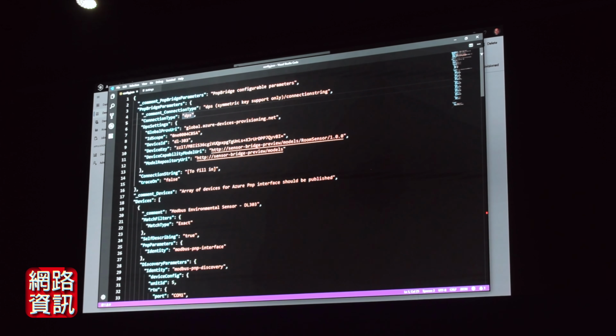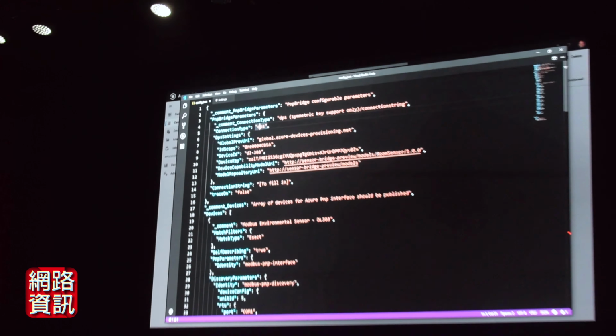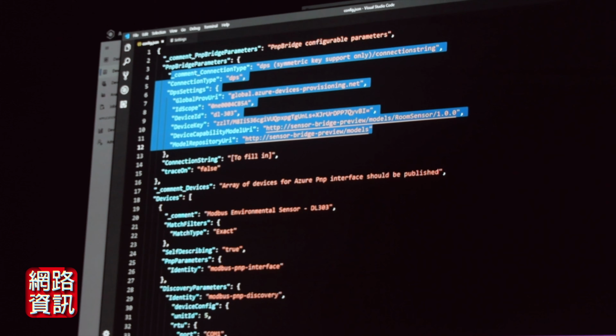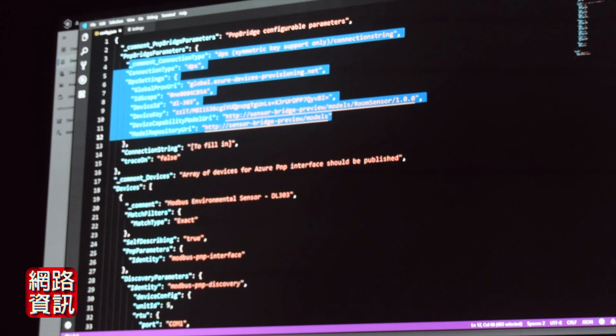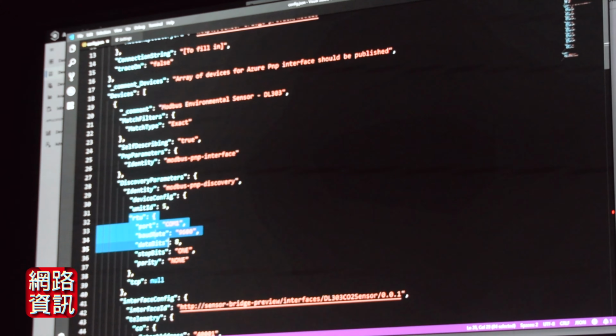And here it is. Here at the top of this file, you can see how I've told the Azure Device Provisioning Service which Azure service to connect to, whose account to connect to. And I've also told it which plug-and-play device capability model to use for this device. And then I can start mapping the Windows-connected devices to the IoT plug-and-play interface. So here, I specified that I wanted to expose the device on COM port 1, and I can show how to expose the serial bus commands. Here, 40001 for carbon monoxide,